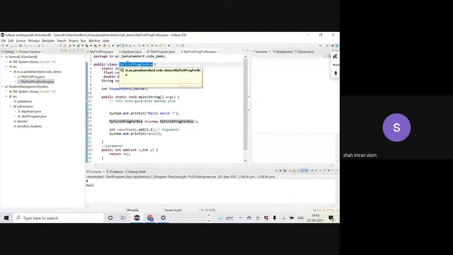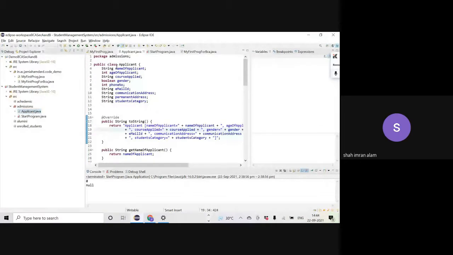You are free to define more than one class inside one single Java file technically, but that is a very bad way of writing programs. That will not be acceptable in code reviews. Similarly, for the Applicant class also you are seeing it's in the same file name Applicant.java, right?